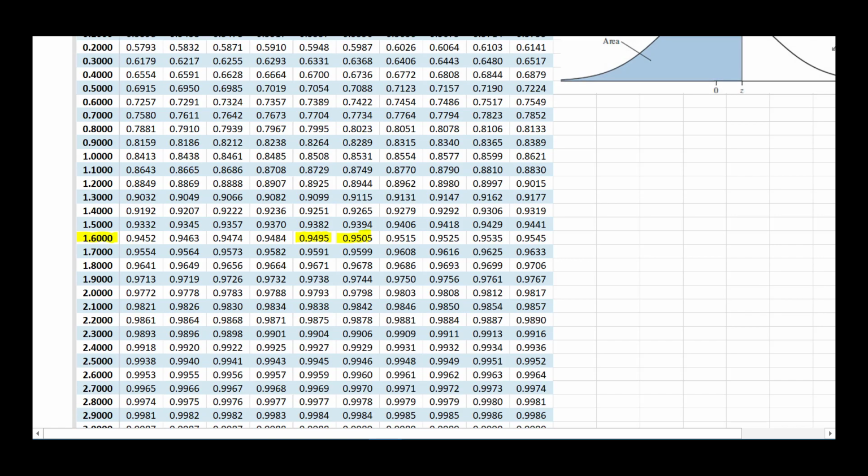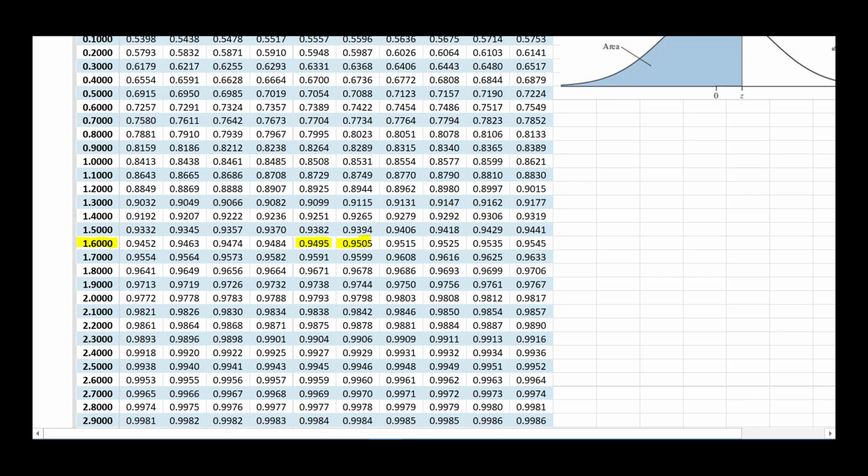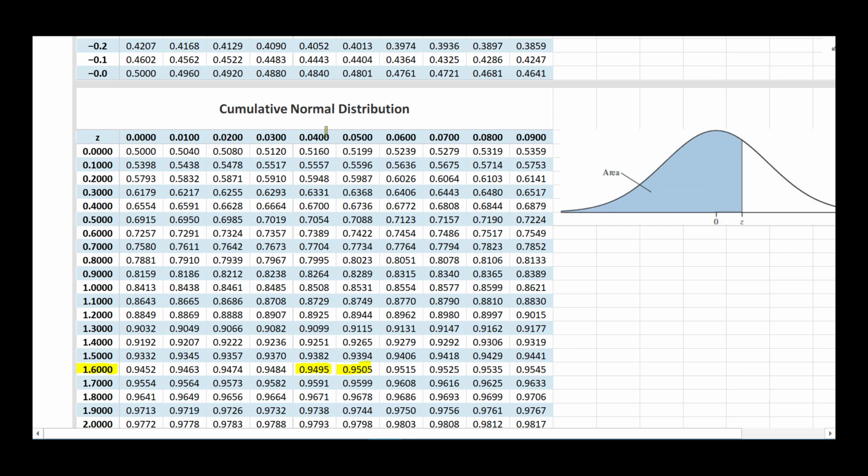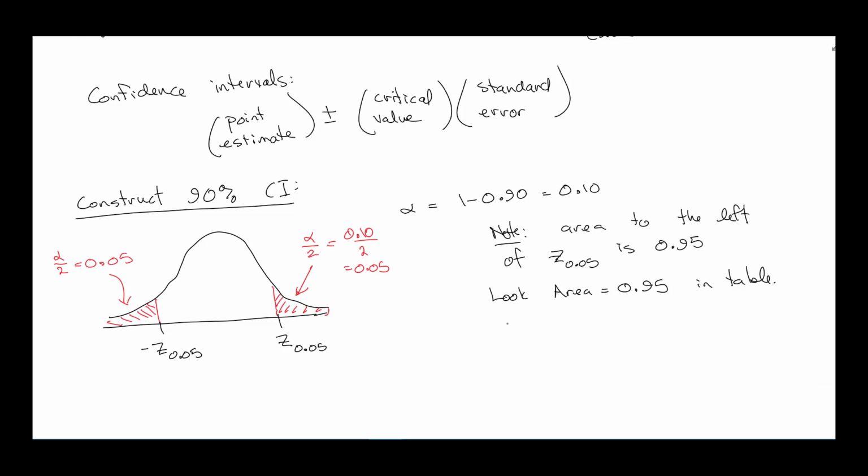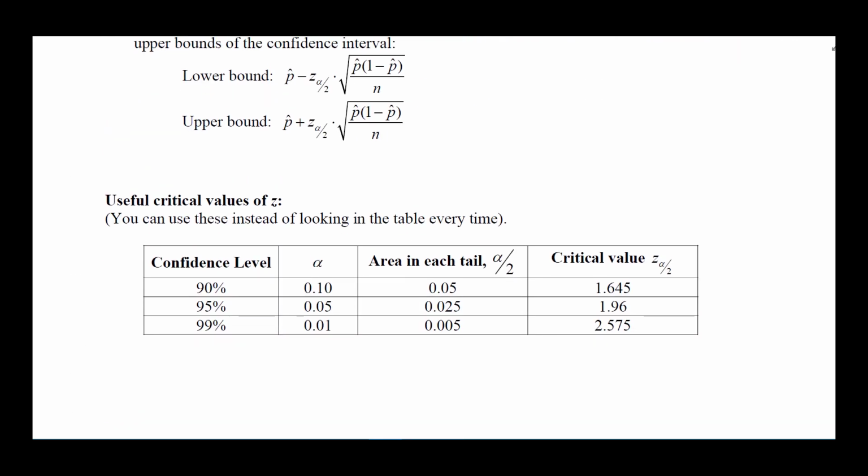for the first decimal place there, the ones value, and so then we come up here. And so now we've got 1.64 and 1.65. What's halfway in between those? 1.645, right? So that tells me that z.05 is going to be halfway in between those, 1.645. And if you go back and look at those common z values I gave you earlier,